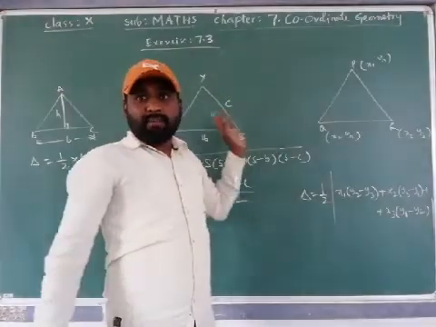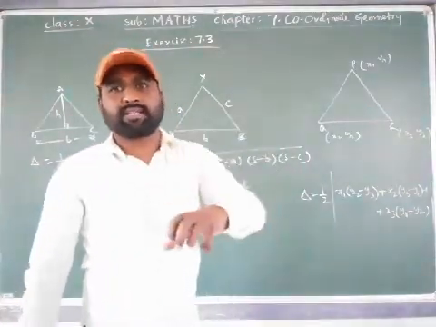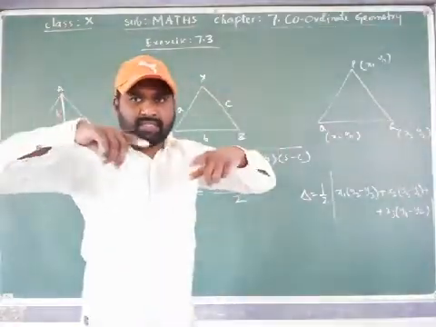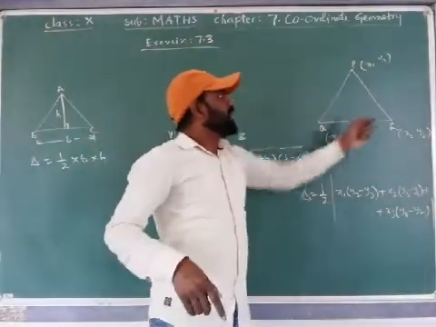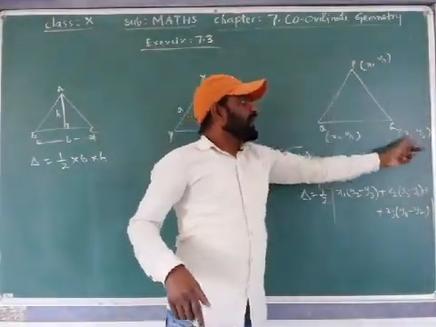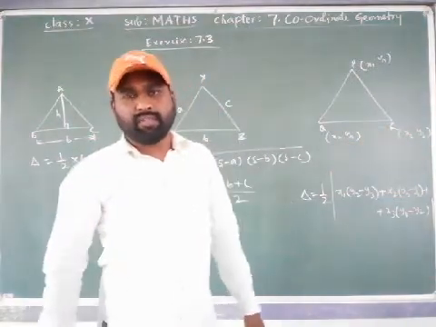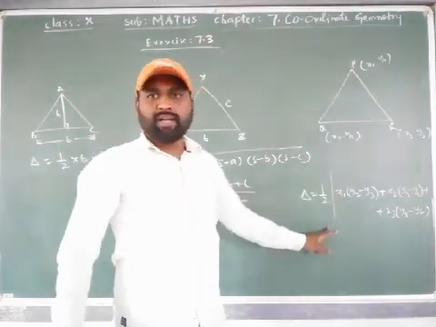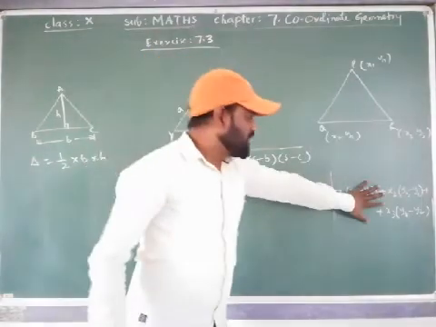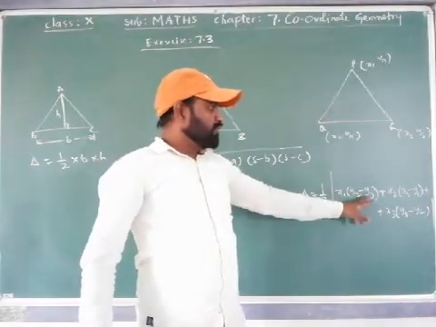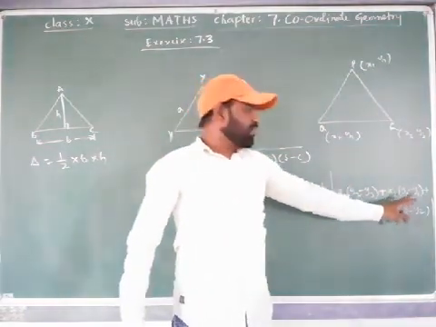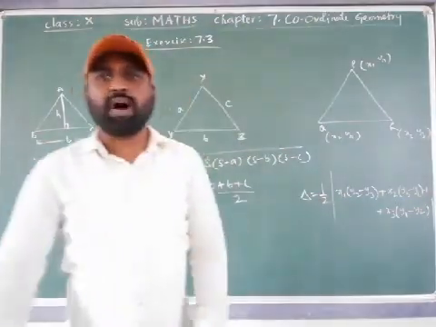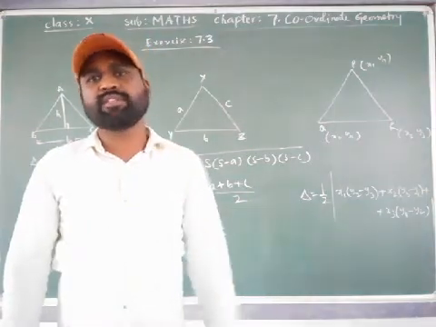Then if you don't know the measures of the sides either, but you know the vertices, how the triangle is formed by joining the 3 vertices, the sides will come. The 3 vertices x1 y1, x2 y2, x3 y3. Then how to find the area of the triangle? We can use the modular formula, called the absolute value of this: x1 into (y2 minus y3) plus x2 into (y3 minus y1) plus x3 into (y1 minus y2). These are the formulas to find the area of a triangle in different situations.